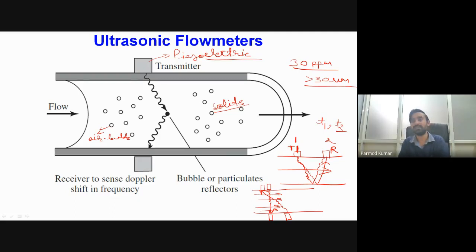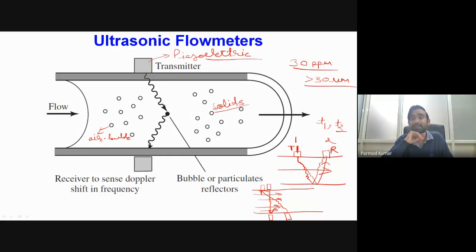Okay, and both these things are to be done almost in parallel, so that we are not having much fluctuation inside our flow field. Okay, so considering this difference of the time period, the flow rate can be determined. Now the advantage of ultrasonic flow meters is that this type of meter can be employed for measurement of the